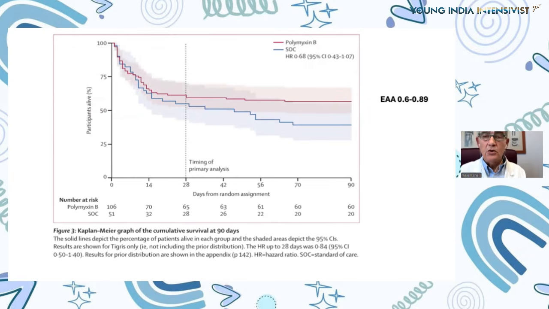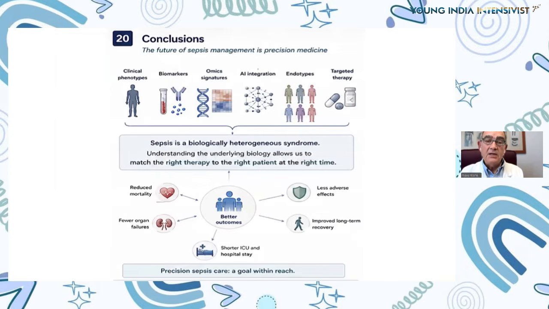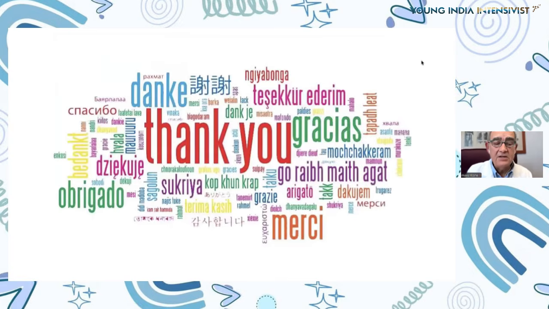This is just to show you how, in comparison to the identification of the various endotypes and phenotypes and specific therapies, we probably also have to consider the use of adjunctive therapies that may act in concert with the causative therapies. With this, I repeat the conclusion that is exactly the same I showed in my previous slide, and I sincerely thank you for your kind attention, and I'm ready to answer your questions, if any.